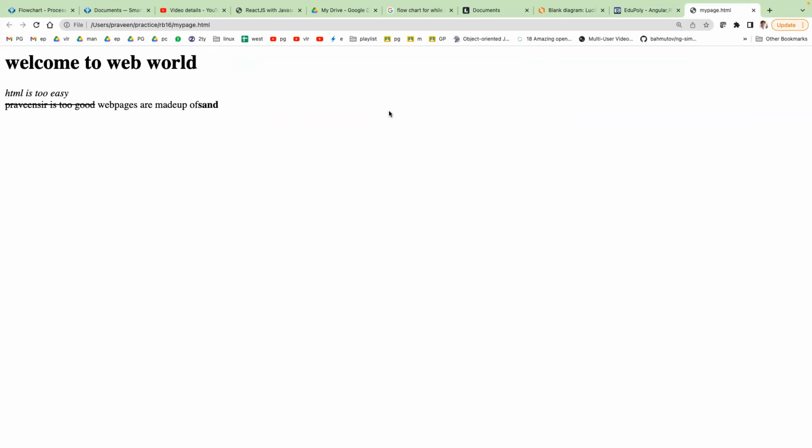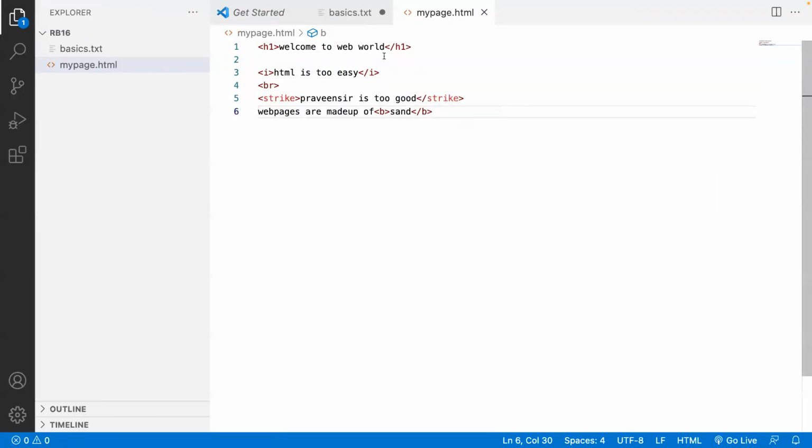Where you want to start and where you want to end will be decided by the start tag and end tag. Suppose I make this H1 closed here, what will happen?